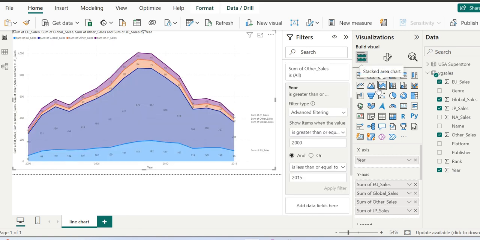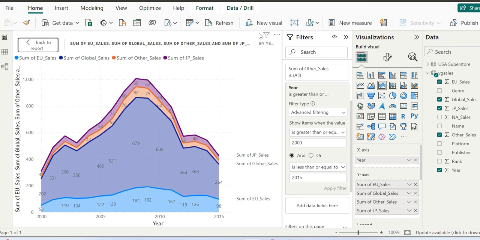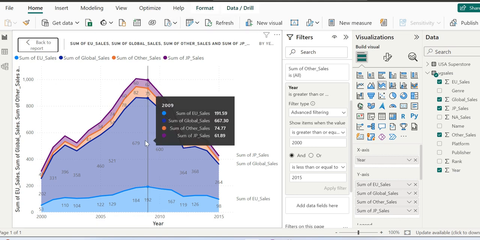So you can see the change. All of the series now start one after another, one above the other. Let's go back to the focus mode to get a better view of this data. It's very clear that our series do not all start from 0 on the y-axis; rather, each series starts with its baseline set from the data point of the previous series. And by hovering over these series, the individual sales for that particular year can be read off on the y-axis in order to get the total global sales.